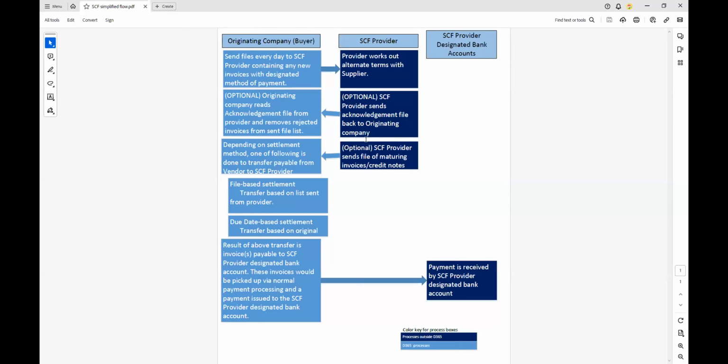So we need to switch that payable at the very last moment. Up until that point, the payable resides with the original vendor. At the very last minute, when it becomes due, we flip the payable from being due to the original vendor to being due to the provider, and you can pay that either individually or in bulk. A lot of times they'll group those by currency, so anything due on a given due date can be sent as a single payment to that provider. That's the flow of the system, and now I will go back into D365 so we can see some of this in action.